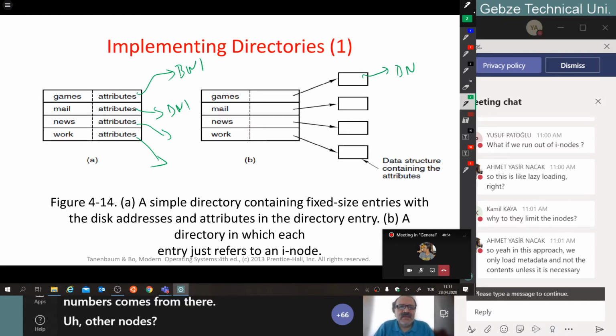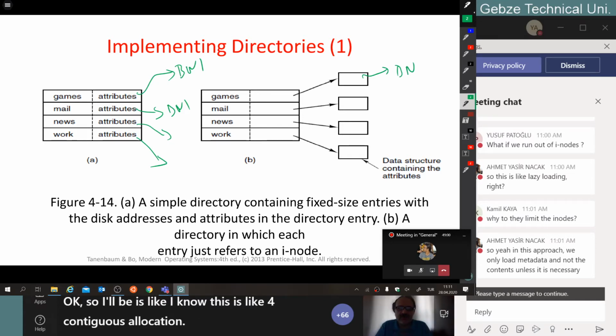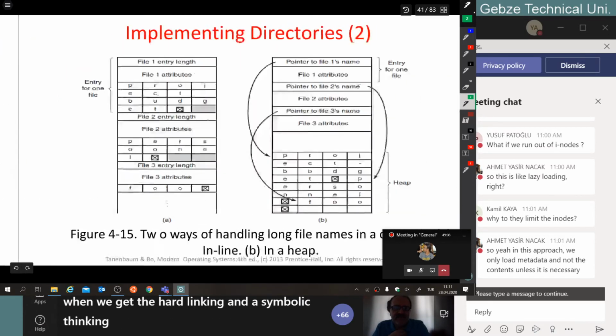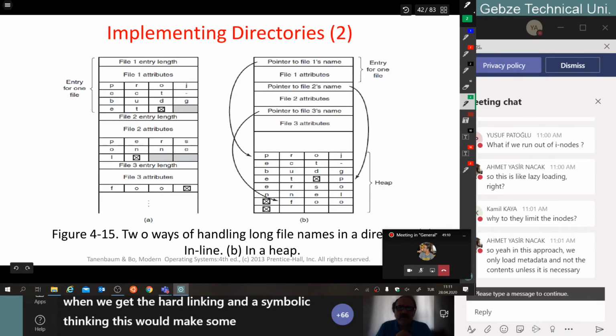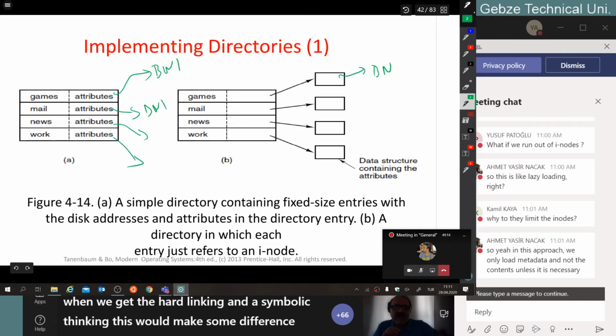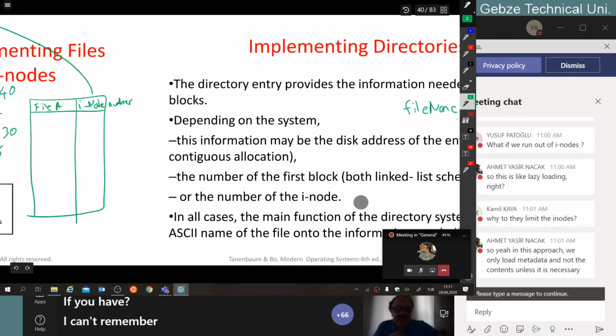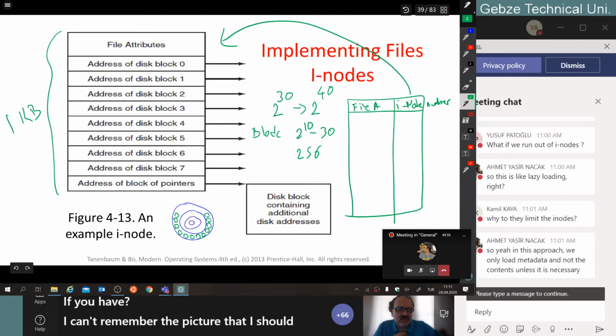So B is like inodes, A is like contiguous allocation. These are important because when we look at hard linking and symbolic linking, this will make some difference. So remember the picture that I tried to